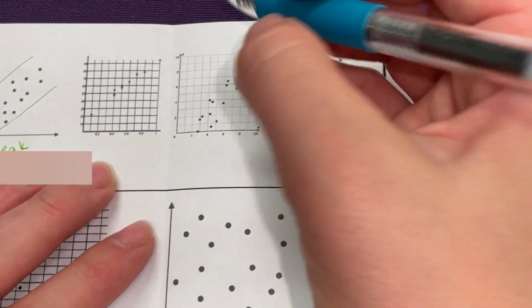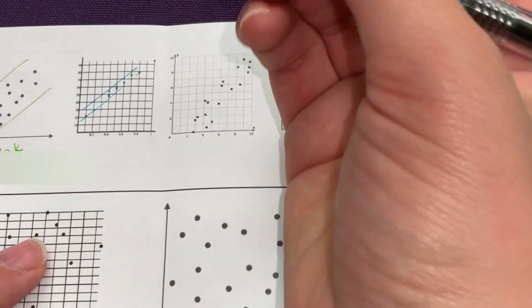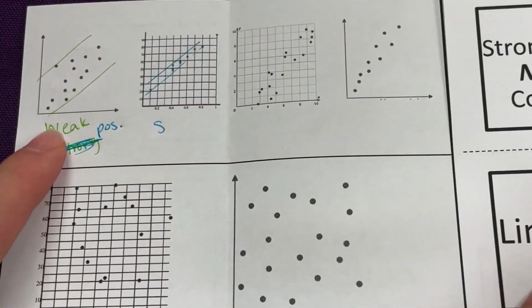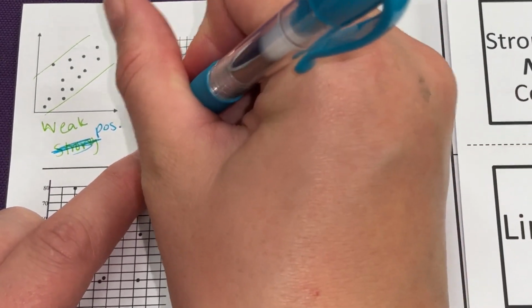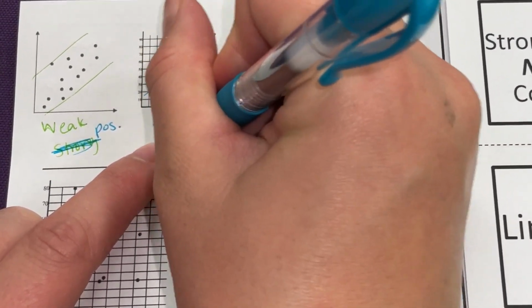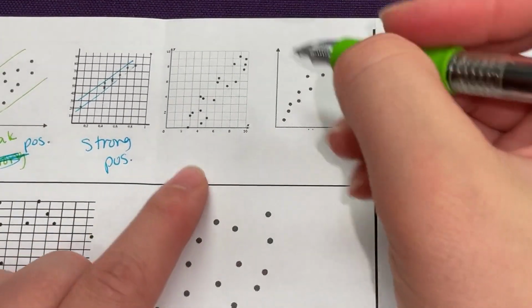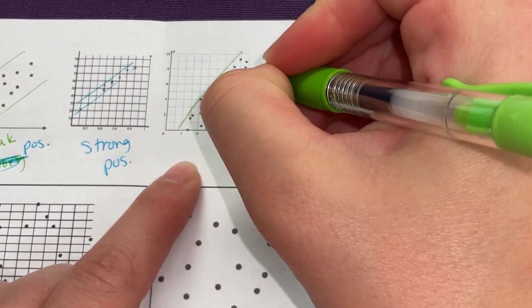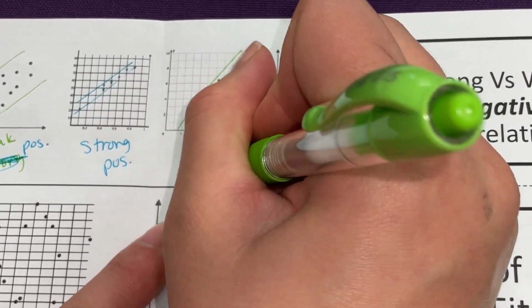In this one here, the dots, right, are kind of like close together. So this is considered a strong positive. Sorry, it's considered a strong positive. These dots are close together, so this is a strong positive correlation. This next one here, the dots are kind of wide on this graph, so this would be a weak positive